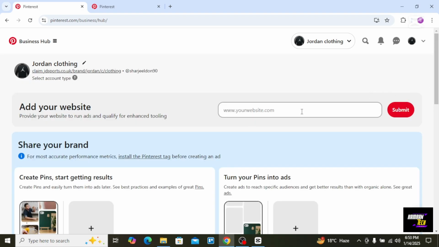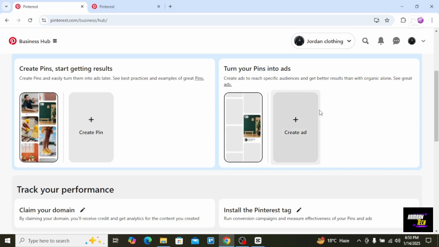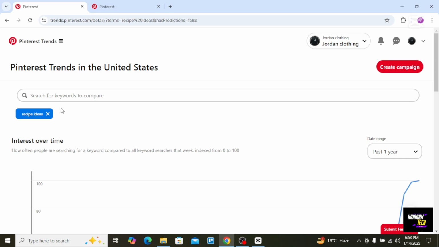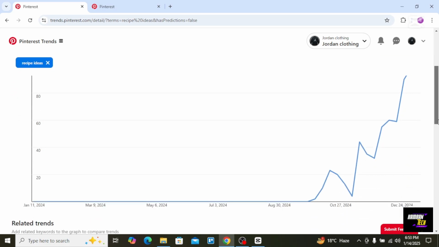You will add your website and provide a website to run ads and qualify for enhanced tooling. You will see, you will create it right over here, your portfolio, or you will add your pin into ads. And if I scroll down, you will see, when you run your ads, you will use these boards like vision boards, ideas, recipes, and example. If I tap on it to show you, so basically this is the recipe idea, and this is the